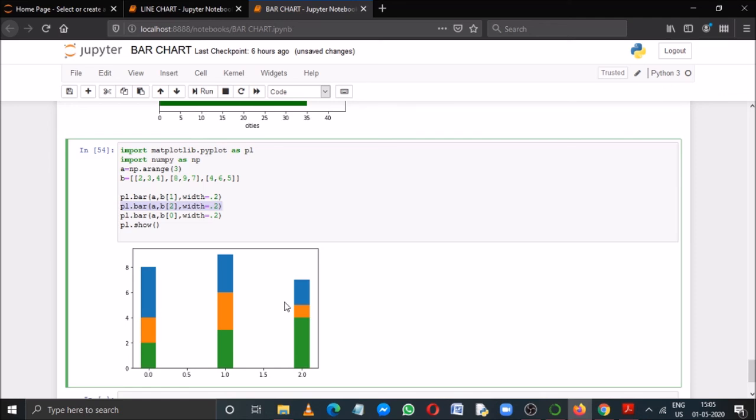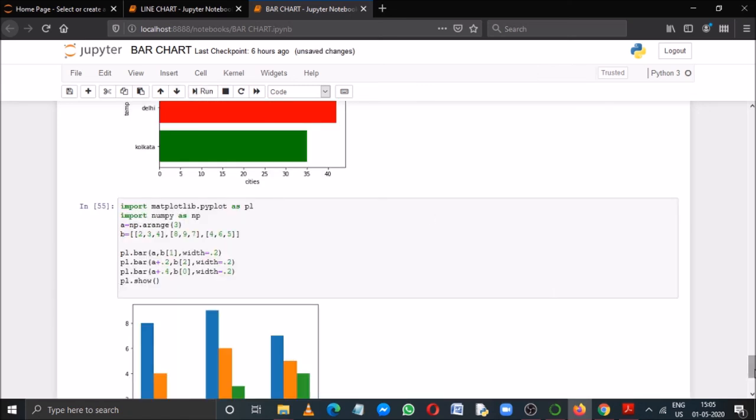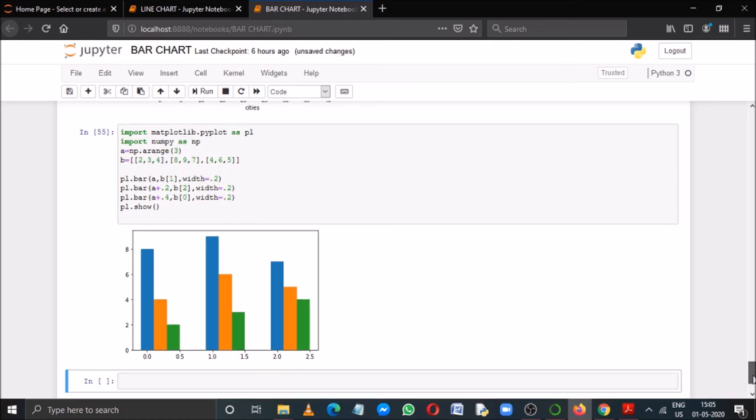All the bars are plotted in different layers, one on another, like this. So this is one way by which you can draw multiple plots. Or, as I told you, if you add a particular value, if you write here plus 0.2 and for the last one plus 0.4, then if you run it, you can also segregate all the bars separately.